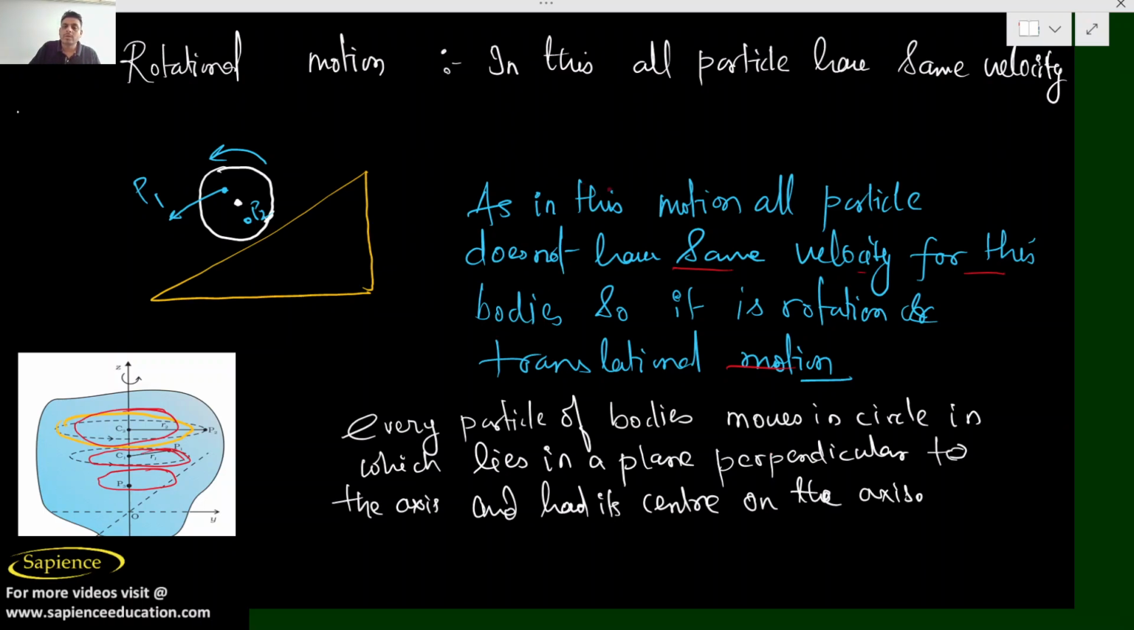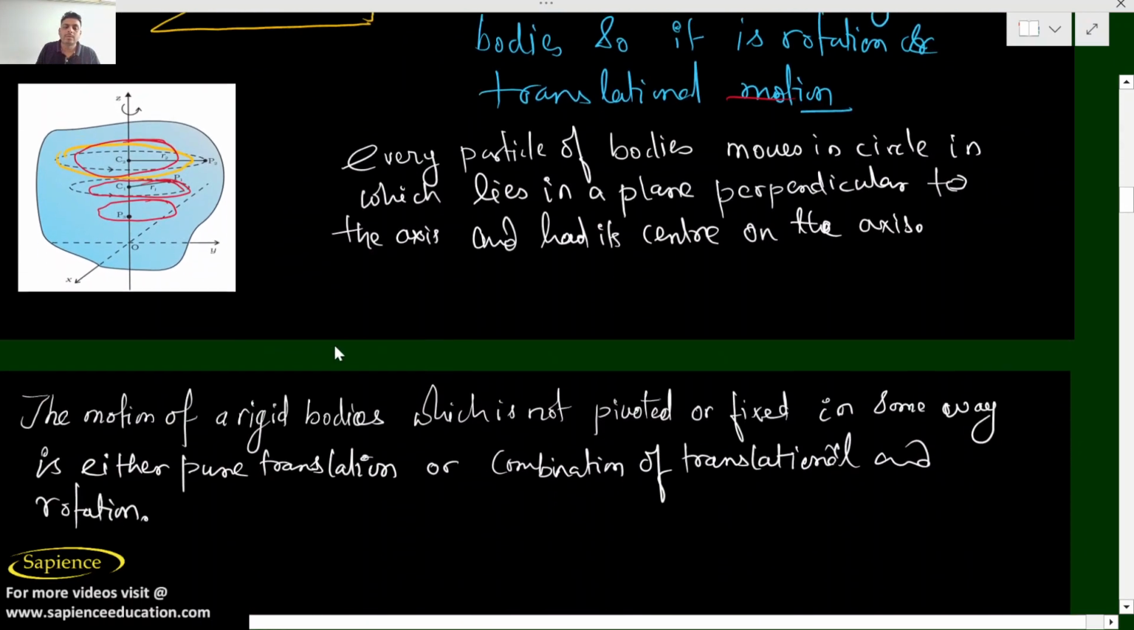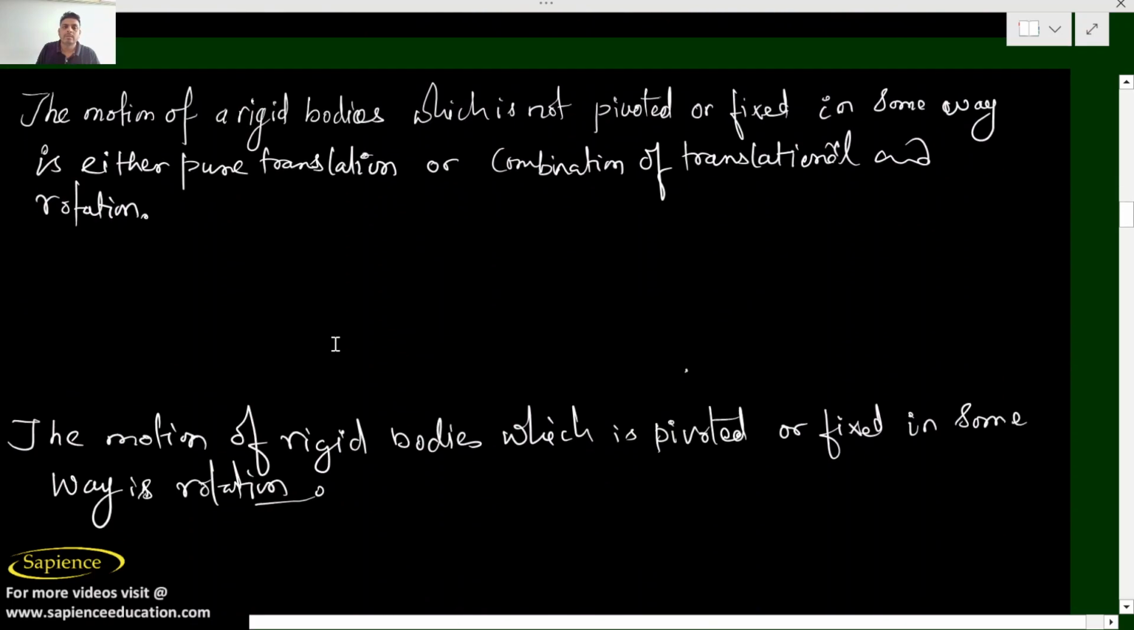So in this motion, all particles do not have the same velocity. See, P1 has a different velocity, P2 has a different velocity, P3 has a different velocity. They do not have the same velocity. So this is all about rotational motion. Now,